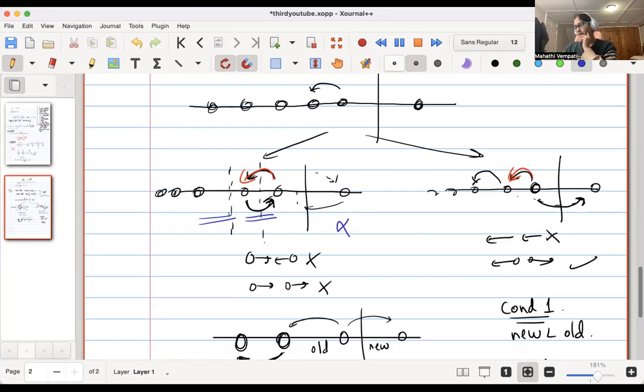But if this distance is greater than this distance, you'll have an extra set. So you want subsets for which